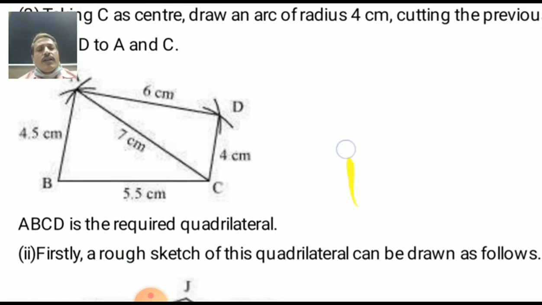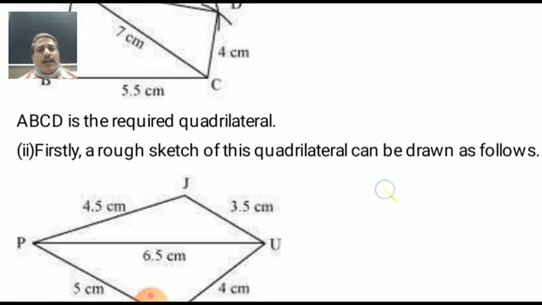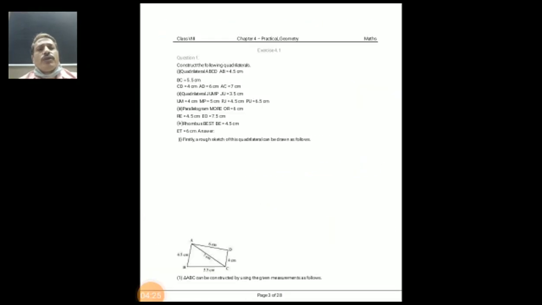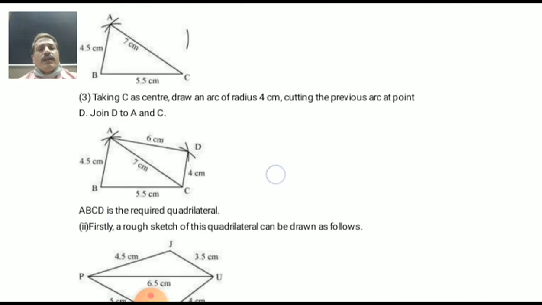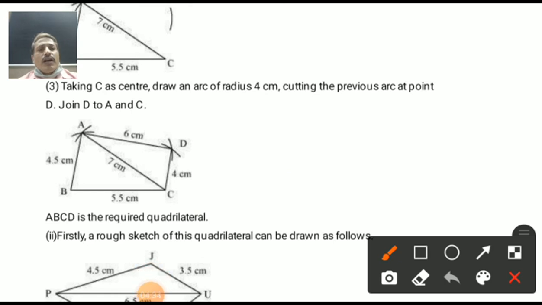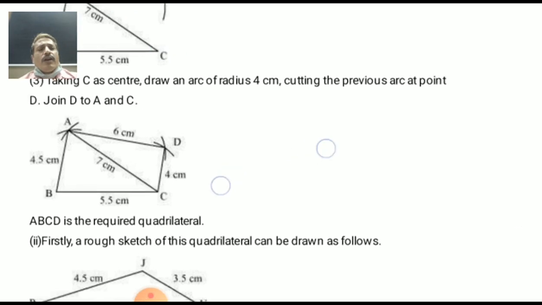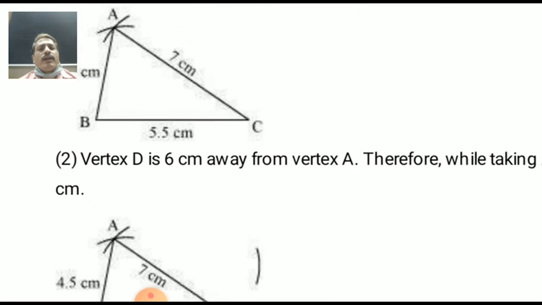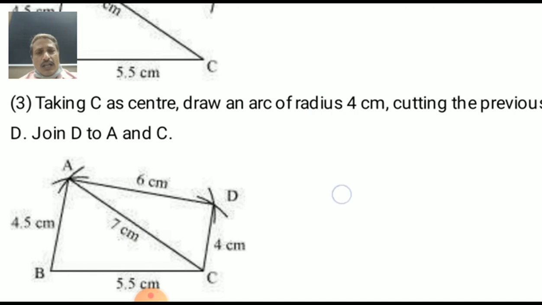Yes, my dear students. Now second, firstly, a rough diagram. It's very important to draw the rough diagram. Is it or not, students? Yes. Now look at here. I want to show you the second one. The answer is here. But before that, I want to take my brush. See, students, how to take the D point here. D is here, so join this D with AC and CD. In the same way, you can try it with your diagonals. Second, no, but third one. Here the points are there. You can write them down in your language.